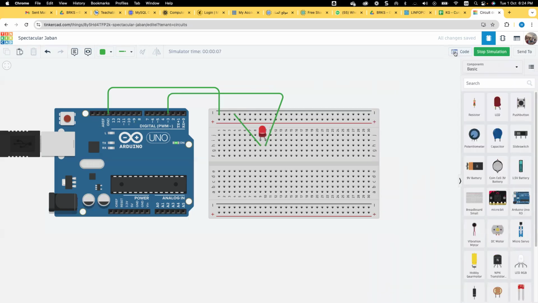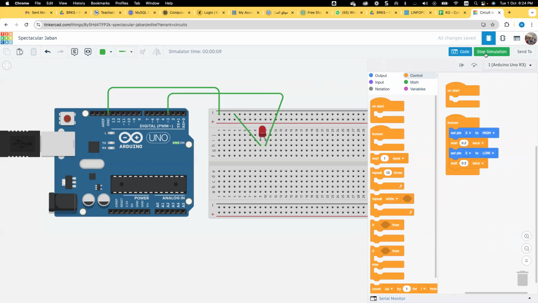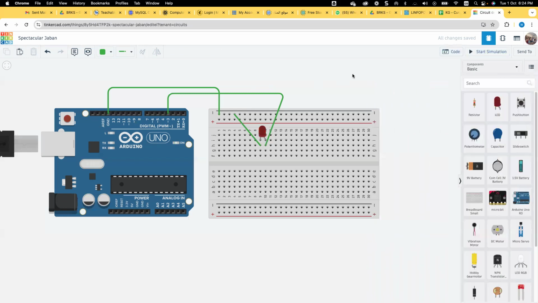So now you saw that the process of building an Arduino circuit is not complicated at all, because we are visually building our circuit, and then we can move to what we call the C++ translation of this code in order to copy it on the Arduino board.